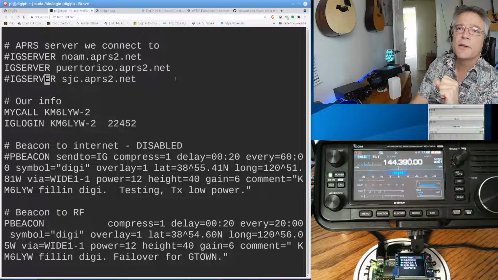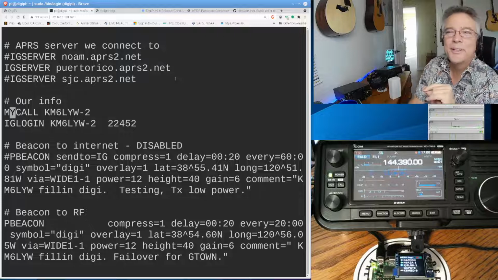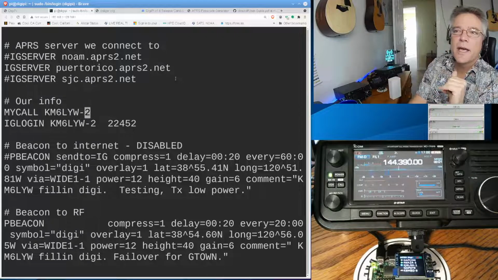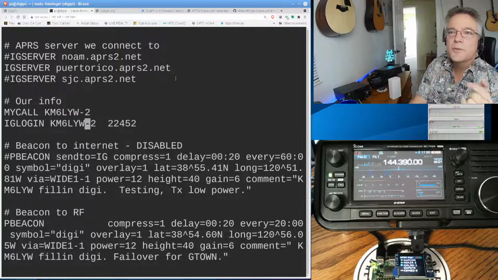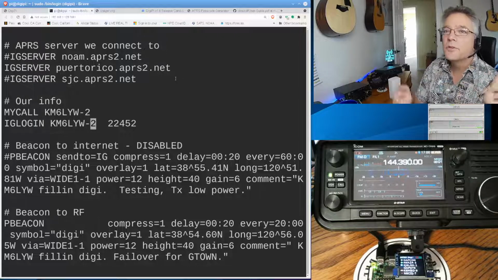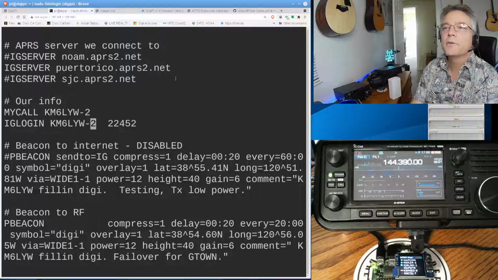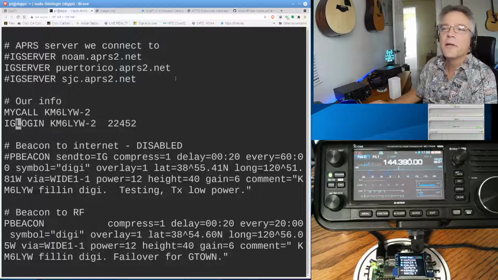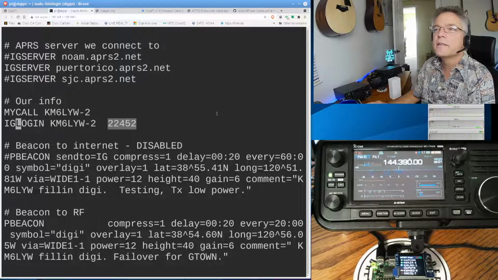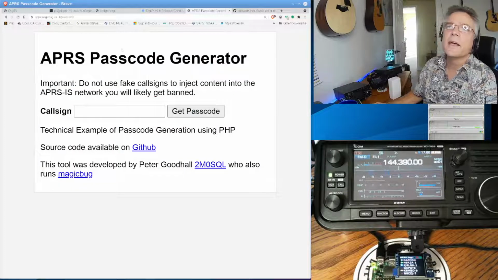IGSERVER. You've got to have one of those if you want to be an iGate and connect to the internet. Of course, you need to use your call sign. I'm going to use KM6LYW-2 just because -2 is available. And then it wants a login. And this is where you have your super secret password, right? Your password's no secret. So your IGLOGIN line will have your call sign followed by this 5-digit password, and you can generate that password at